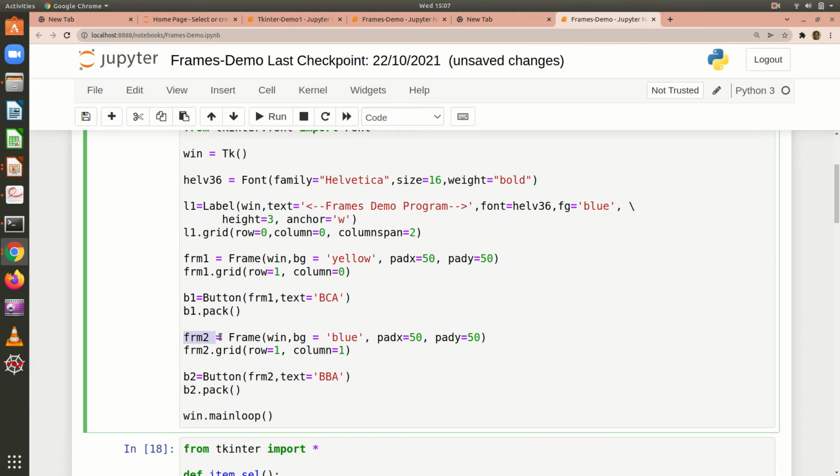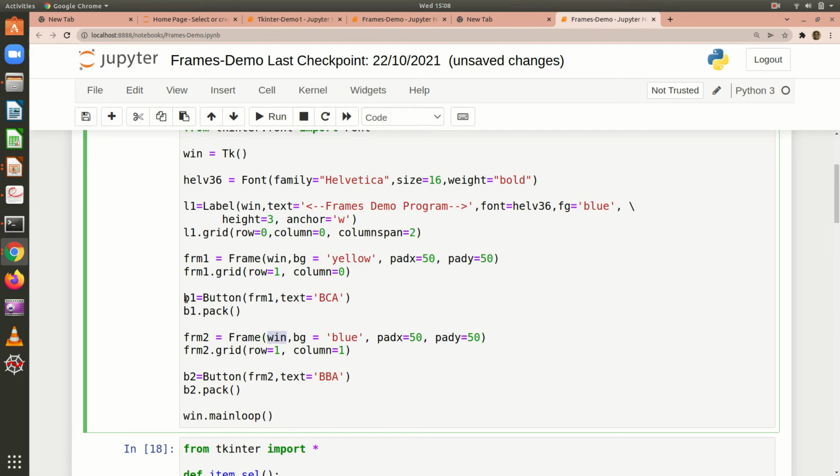And then I am creating another frame. I use the grid method to lay that particular frame. Then I am creating the second button and I am going to pack it in the window. Okay, now if you observe here, the label is created with this as the parent window, and the frame is created on this parent window, and the second frame is also created on the parent window.